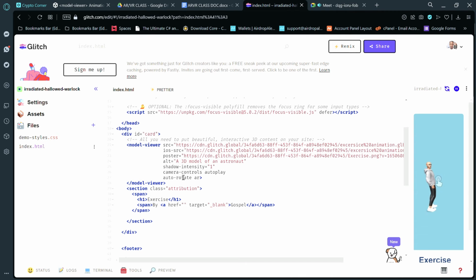Camera controls, I want you to write just control, space, I want you to write autoplay. Once you write autoplay, let me delete it, you're going to see that it will stop animating. If you check your viewer, it will stop animating. The moment you write autoplay,